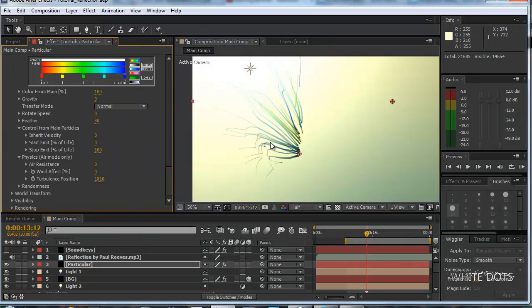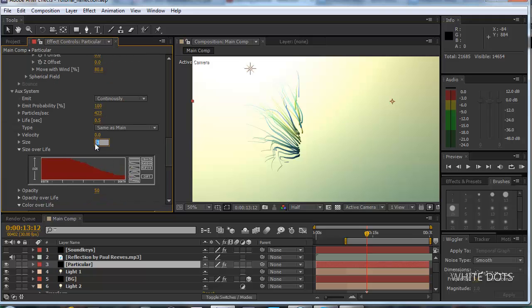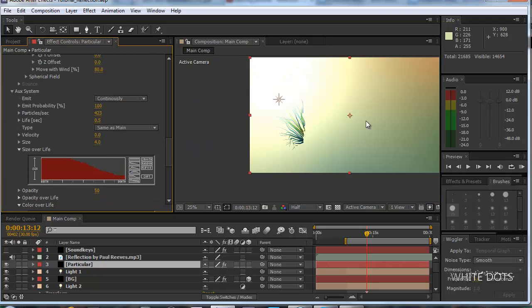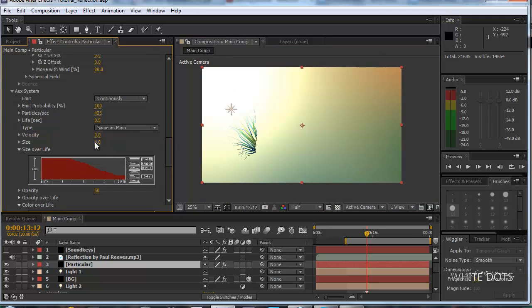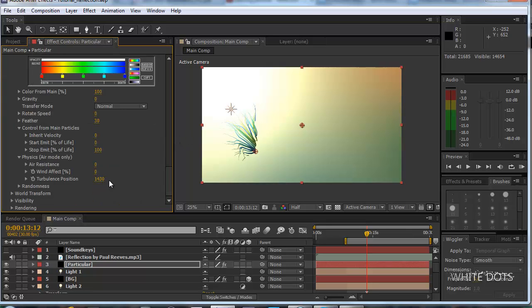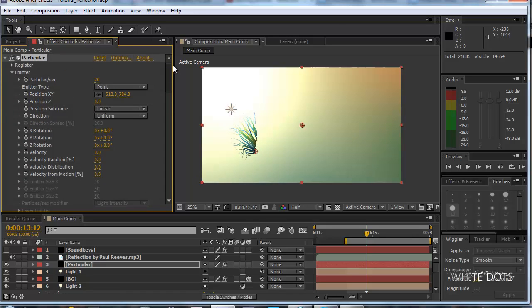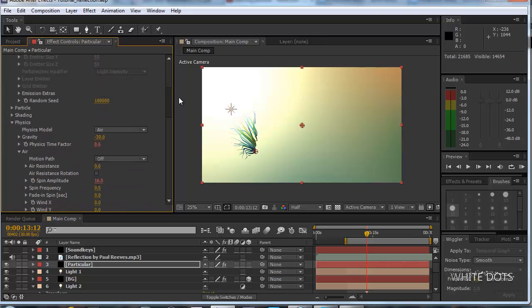So, okay, so let's increase it. Ready for now. Keep it like this. Make the size of our particles bigger, because our scene is quite big. More. I think this is not bad. Alright,